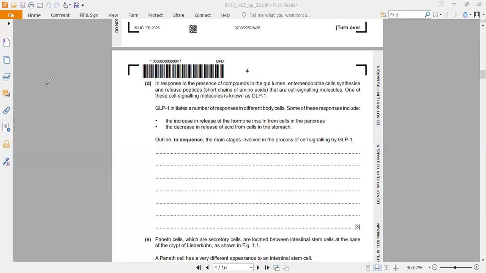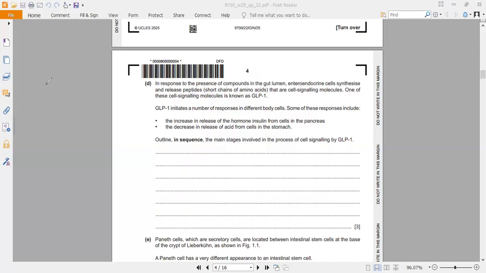So the sequential outline can be this: first of all, GLP-1 is released from enteroendocrine cells into the blood. It travels as a ligand through the circulatory system to reach the target cells, such as those in the pancreas or the stomach. Then it binds to a specific receptor located on the external surface of the cell surface membrane